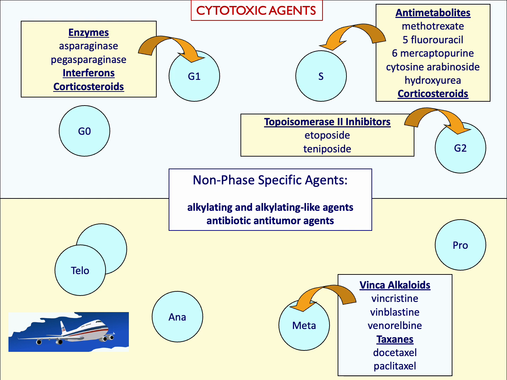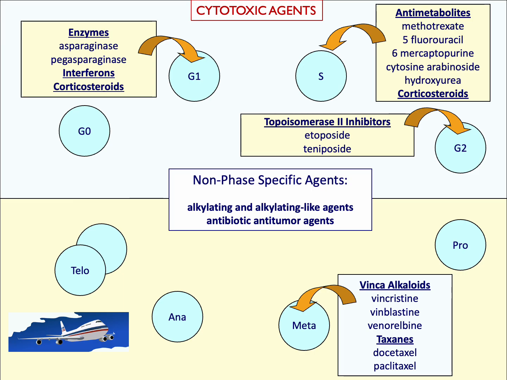So there are a number of agents that, in the names of these drugs, may be more or less familiar to you, and that's probably not critical at this juncture. But the older cytotoxic agents really might be quite specific related to where they are going to be most effective in the cell cycle,